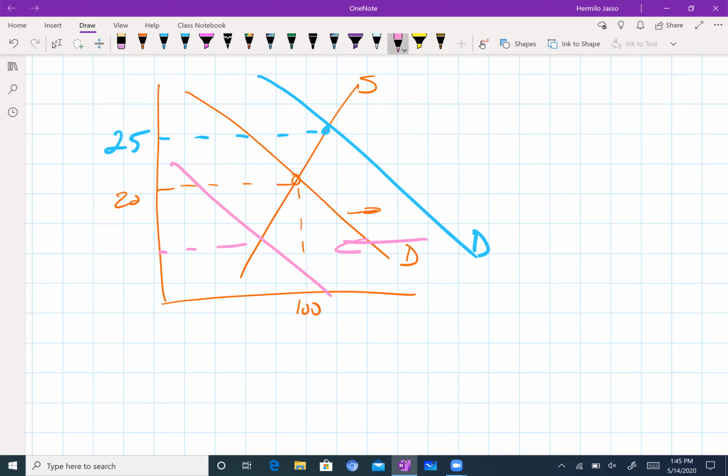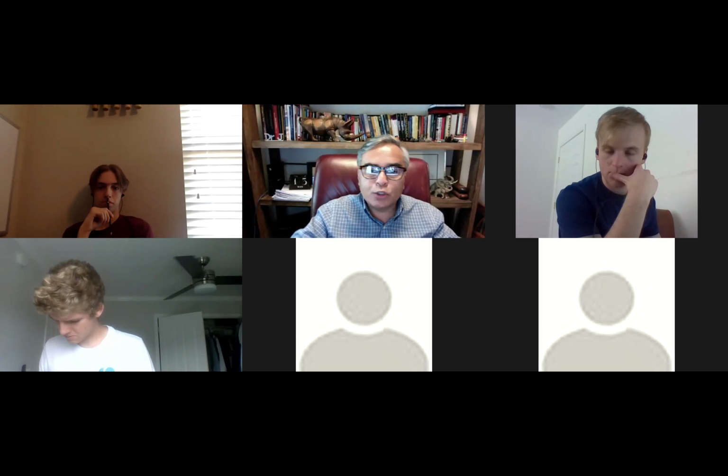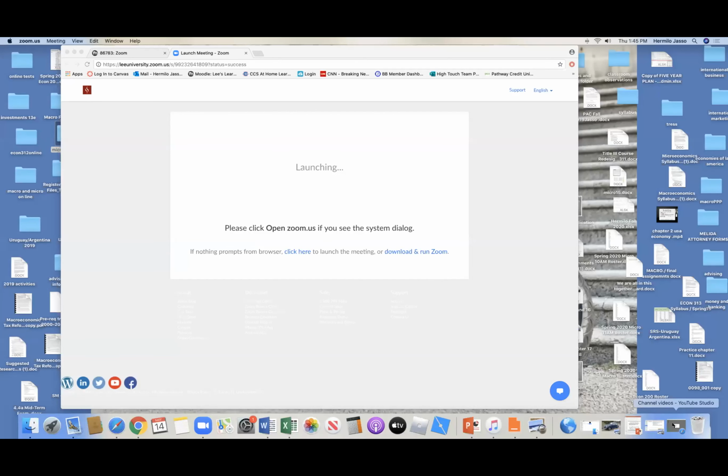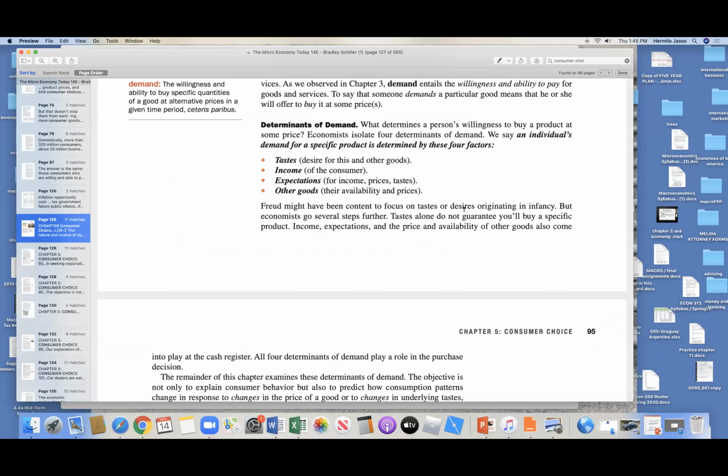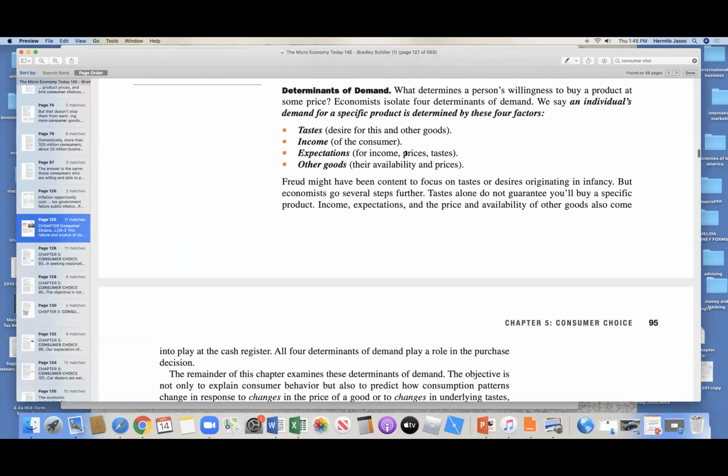So now today, we're going to continue with this knowledge and try to understand how you yourself make decisions when you go to the store to buy the things that you like, okay? So let me go ahead here. And now I'm going to use the textbook just as a springboard to go into my lecture. Now, what are the things that impact your demand? And we already know that your demand can be impacted by your taste, by your income, by the expectations, and the availability of other products.